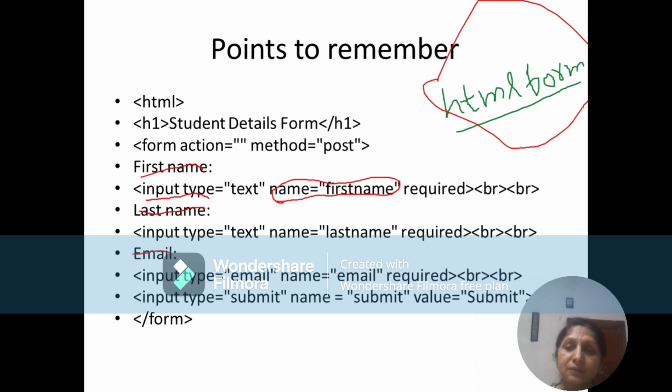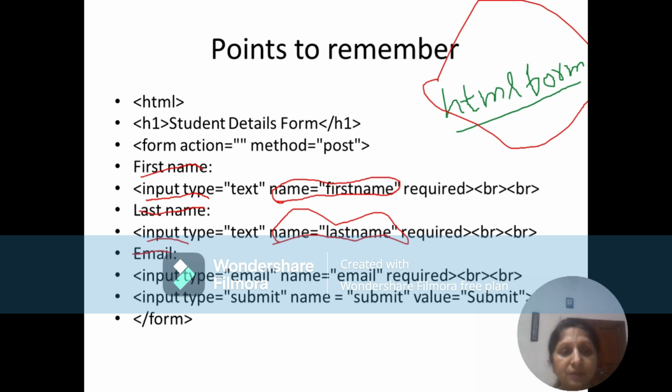Okay. Now after that there is one more label, last name. So we want to accept last name from the user, and because we want to accept from the user, there is an input tag, right? The type is text. Again, there is an attribute called name. So there is a name attribute. For the first input, the name is first name.